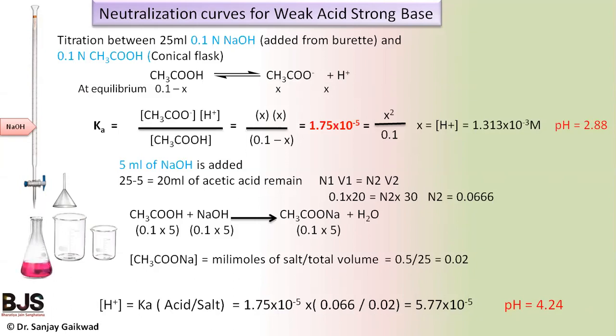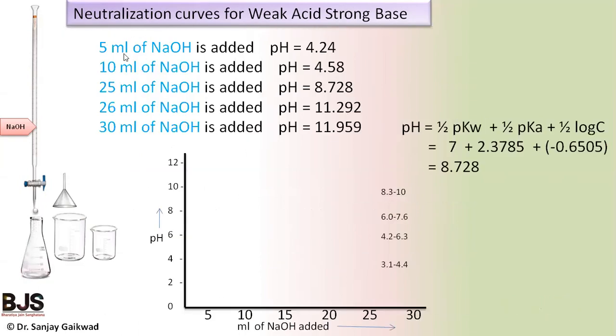Now initially it is 2.88 and then it increases to 4.24 when you are adding the 5 ml of NaOH solution from the burette. As we go on adding the NaOH from the burette, for 10 ml of NaOH, the pH is observed as 4.58. Similarly, when we are adding the same equivalent volume, that is